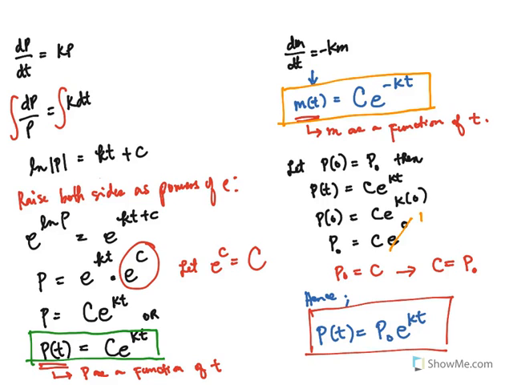Applying that to our equation on the general solution for a decay problem, it will also be the case that for m of t equals c e to the negative kt,